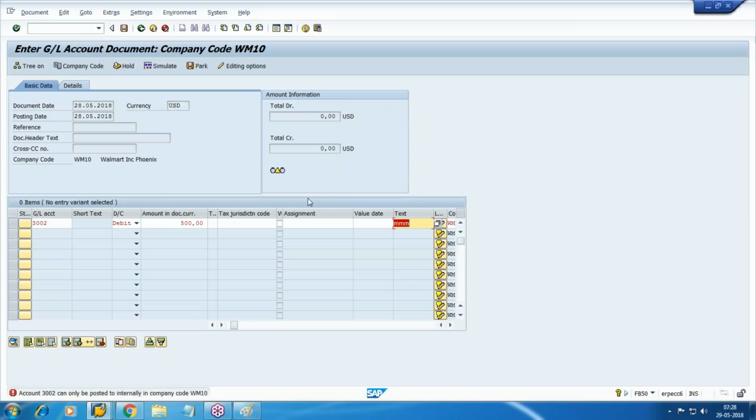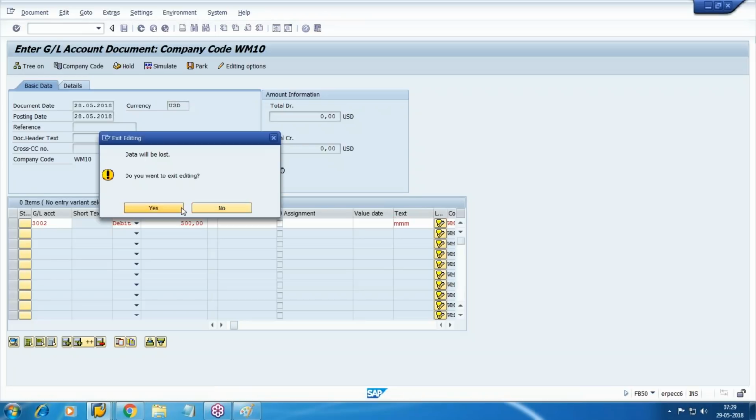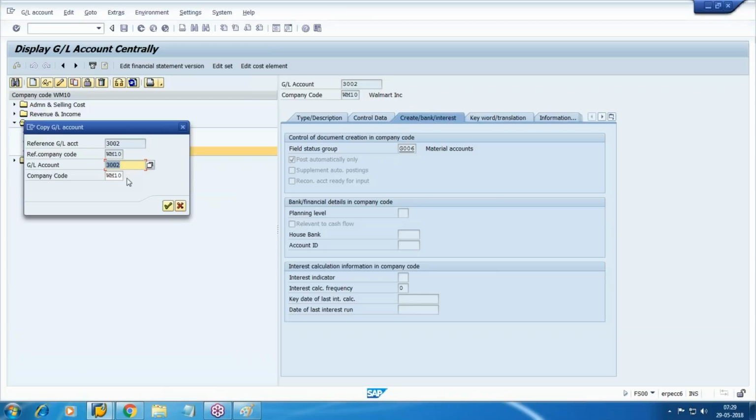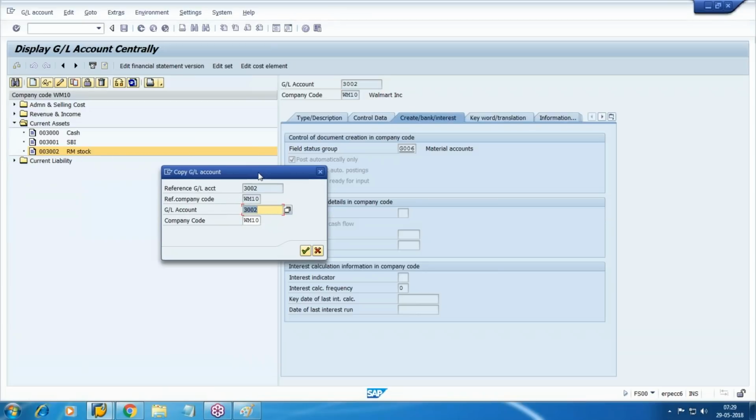account 3002 can only be posted to internally in company code WM10. No manual entry. So that is the meaning of post automatic only. So I activated that one. Okay, so like this, create the semi-finished product